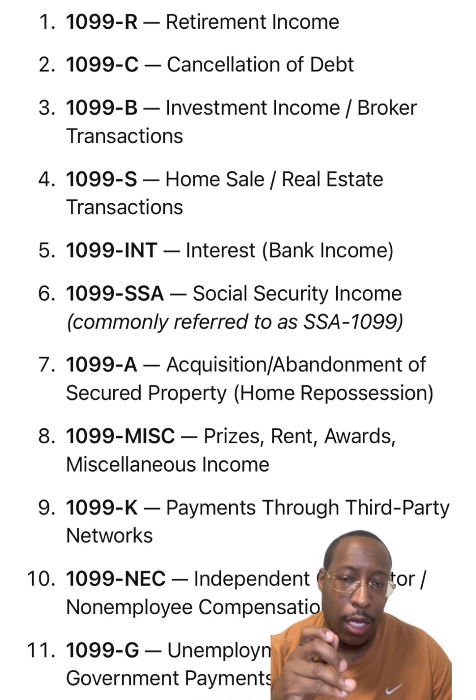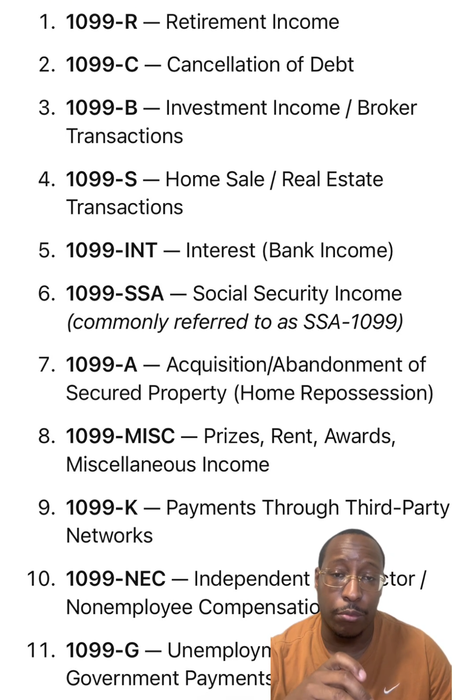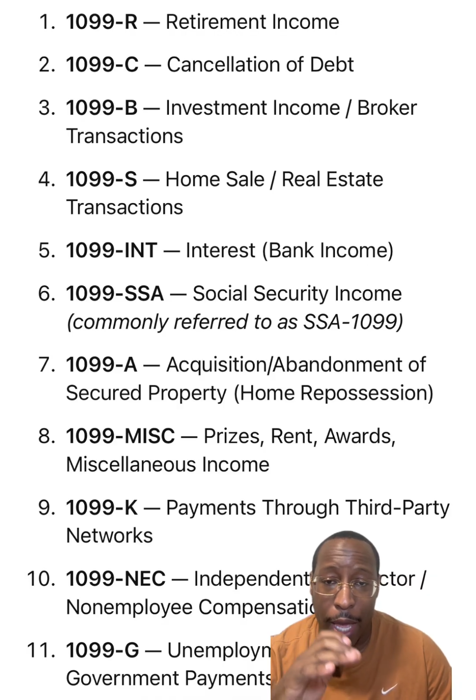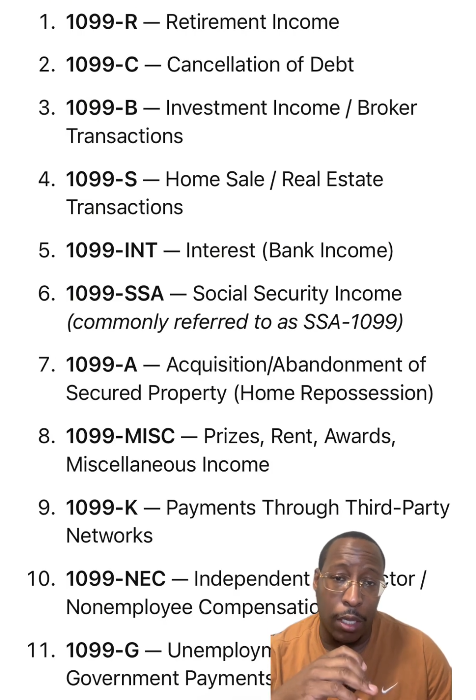You will receive this form from them if you collect credit card payments and you need to record that income. So PayPal, Square, Stripe, those who collect credit card payments,